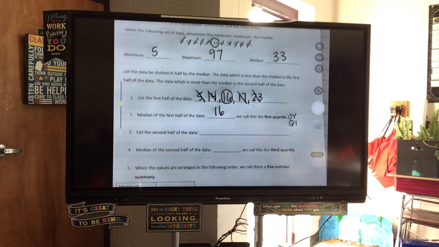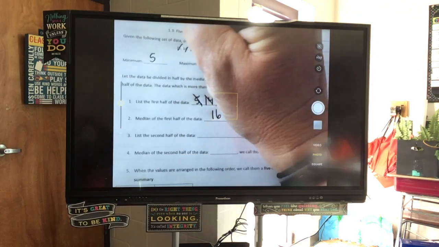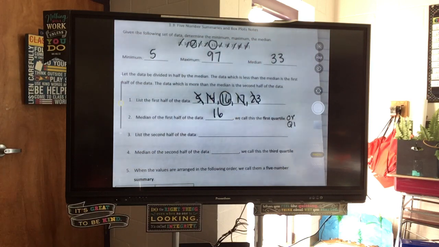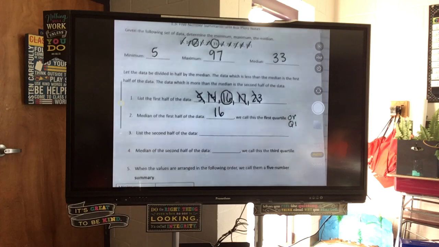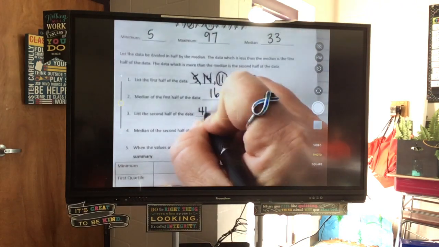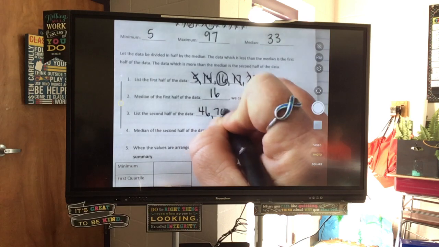Does that make sense? Because essentially up here, if I circle this one, that is my median of the first half. Alright, so now list the second half of the data for me. List the second half. 46, 70, 72, 82,